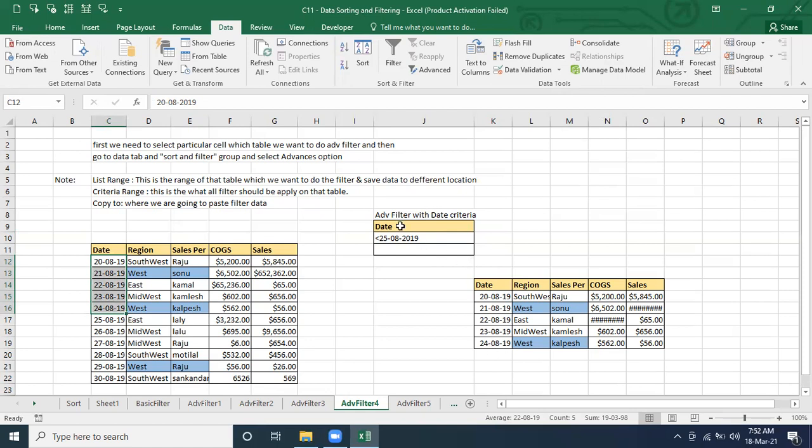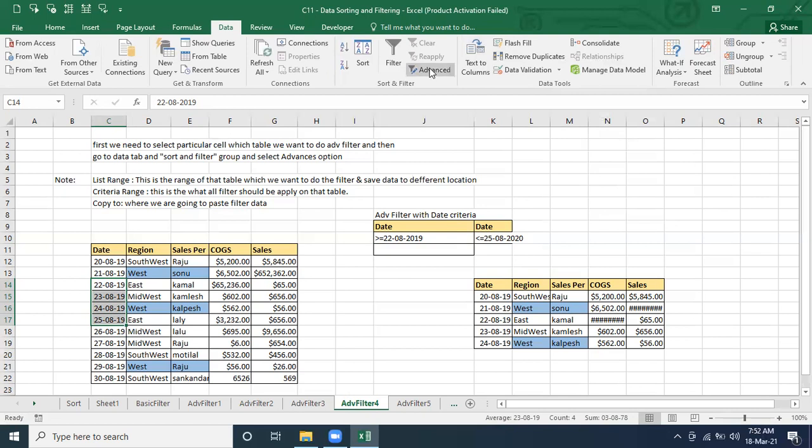And if you want to make it between, how are we going to do it? As I explained, for the date we tell it not less than, it should be greater than or equal to 22, and less than or equal to 25. So between, it should come: 22, 23, 24, and 25. This many records will come. Correct?